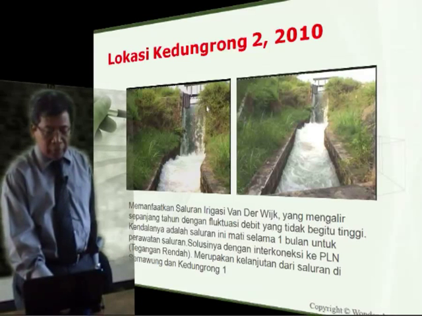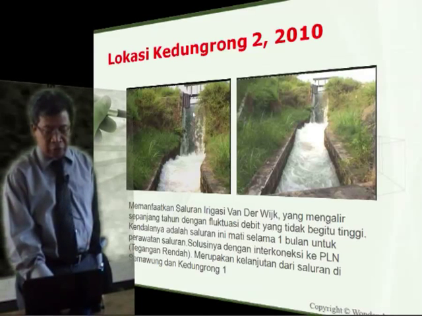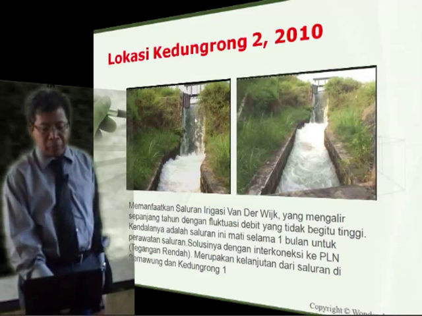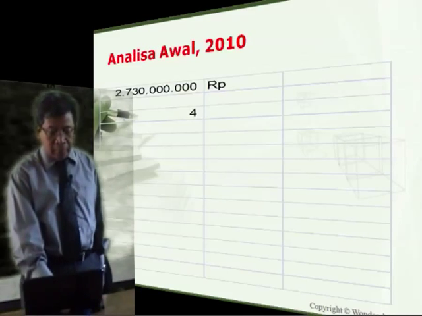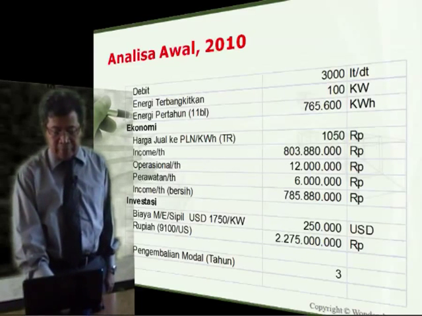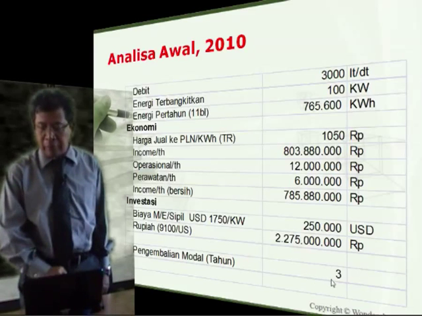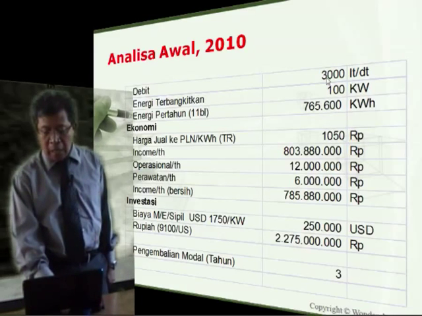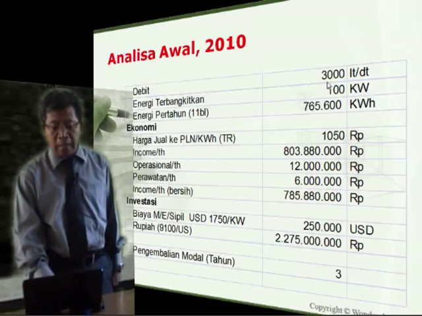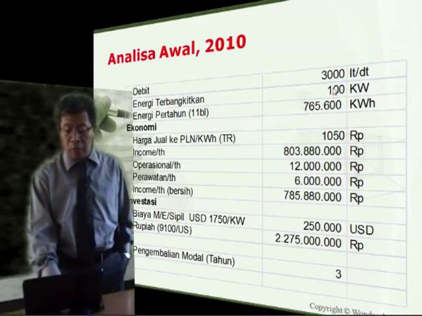Here also you have a huge amount of potential. Here about 5 meters head and the discharge about 3 cubic meters. Then we can produce 75 kilowatt. Okay. Good. Again, this is how to calculate roughness, and we can also treat the return period. Here we have 3,000 liter per second or 3 cubic meter per second, and then we have 100 kilowatt of course.